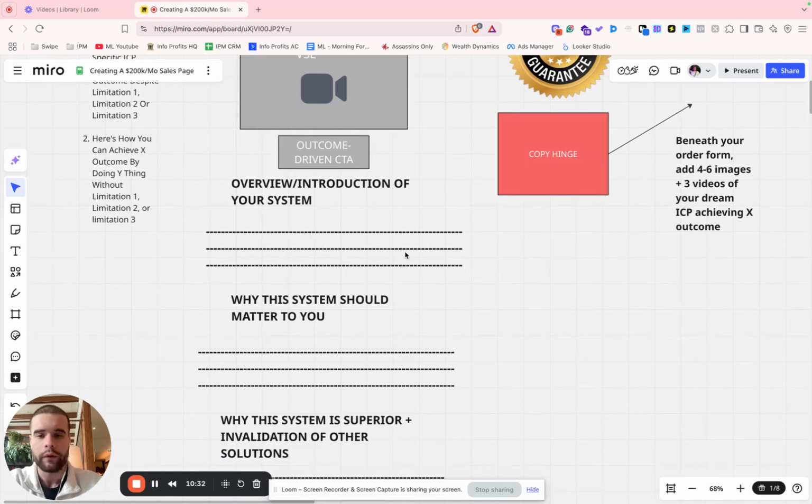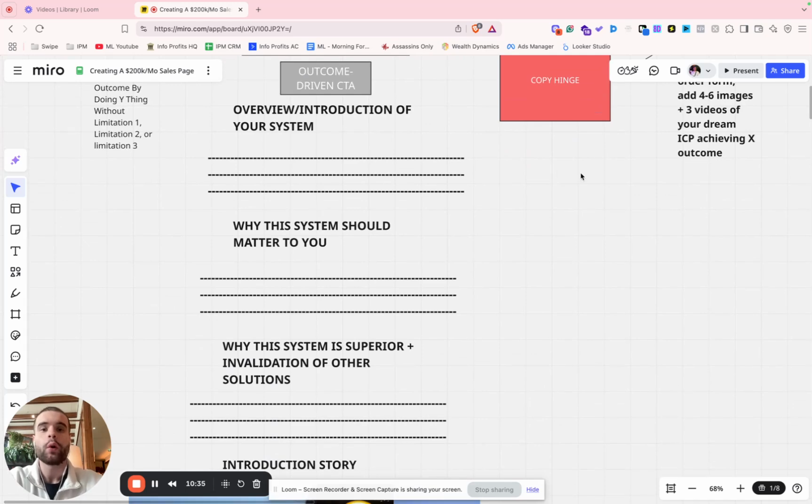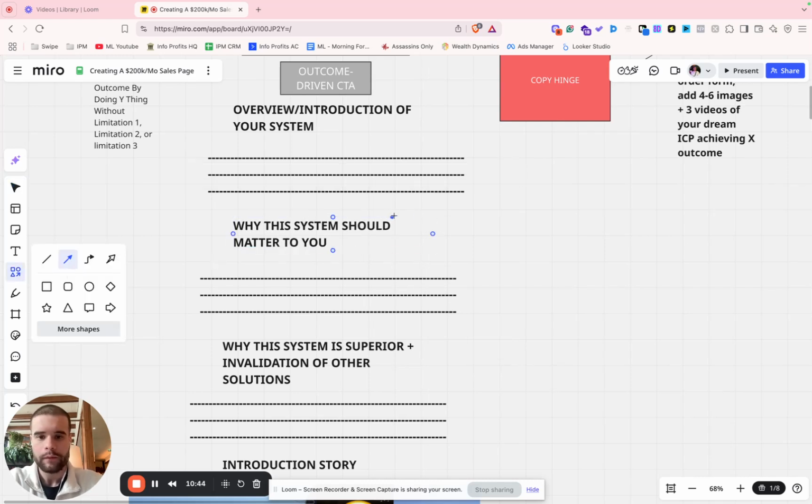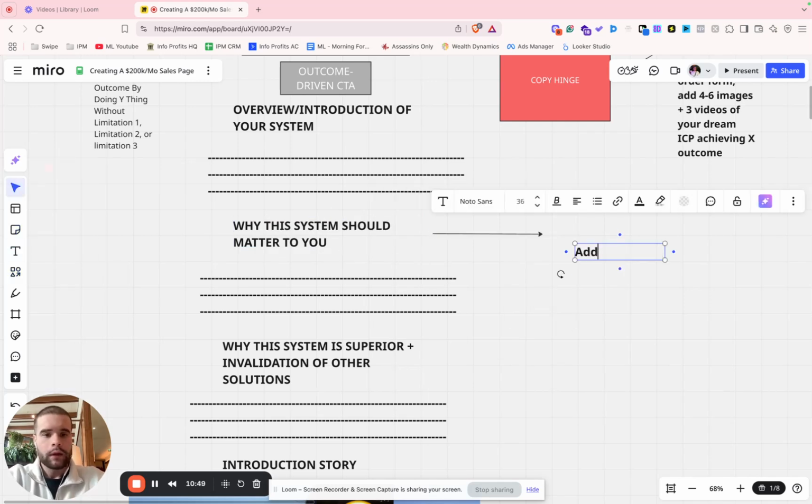And then beneath the overview and the introduction of our system, we've got a section which is kind of like why this system should matter to you. And the way that we structured this, I'm going to add a quick note. Here, we add a market-based, a market-relevant study that backs up this opportunity. Now, for some context, we're working with a trading client right now, and inside this section, we kind of highlighted